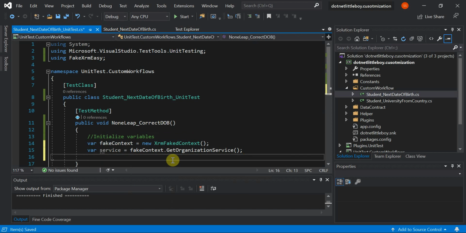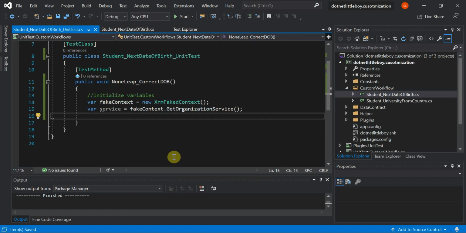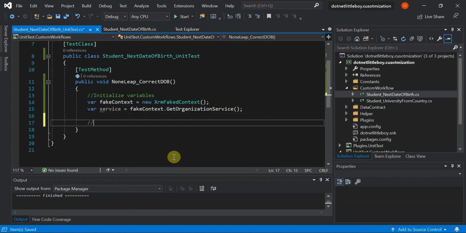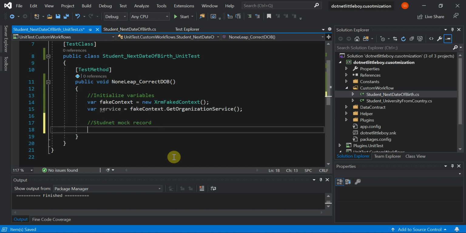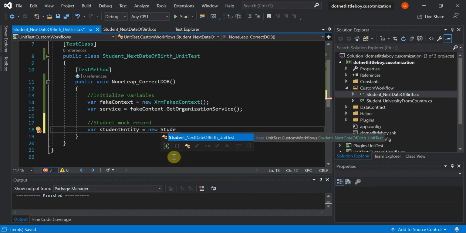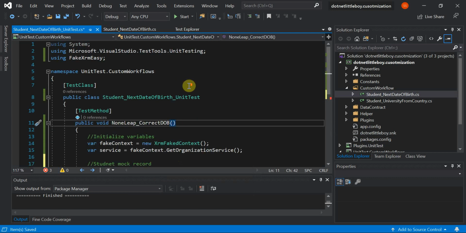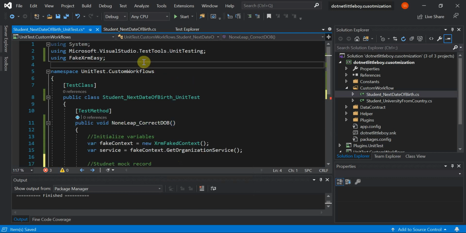Okay, now as I mentioned, I have to get the dummy record, so I'll take the student dummy or fake mock record. So student entity equals new entity, and this entity is not present because I have to use the XRM SDK namespace here.